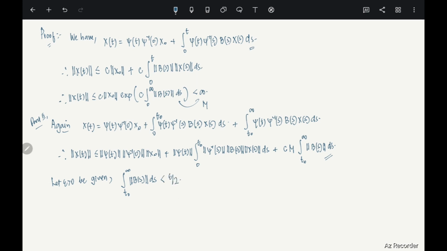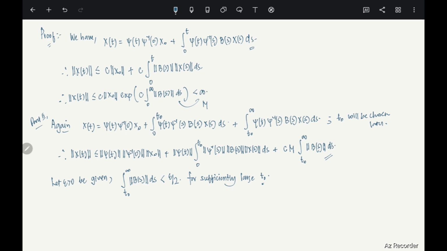For sufficiently large T naught, let's say. You see, this is why, when I wrote T naught here, I did not write what T naught is. T naught will be chosen later. So now we have chosen it. Okay, you see, now we chose T naught sufficiently large such that this is that. Clear? Okay. Now